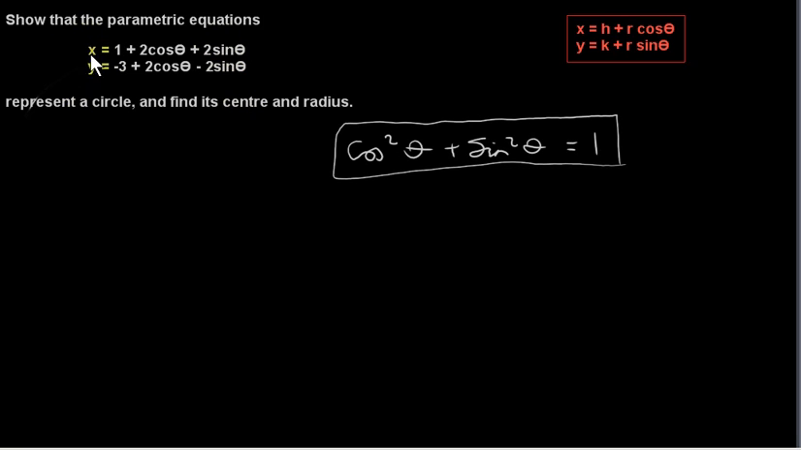So let's do that. If we add the left hand sides, we get x plus y. If we add the right hand sides, we have 1 minus 3 is minus 2. 2 cos theta plus 2 cos theta is 4 cos theta. So now you see we have an equation which will give us cos theta in terms of x and y. So if we rearrange this, we get cos theta equals x plus y plus 2